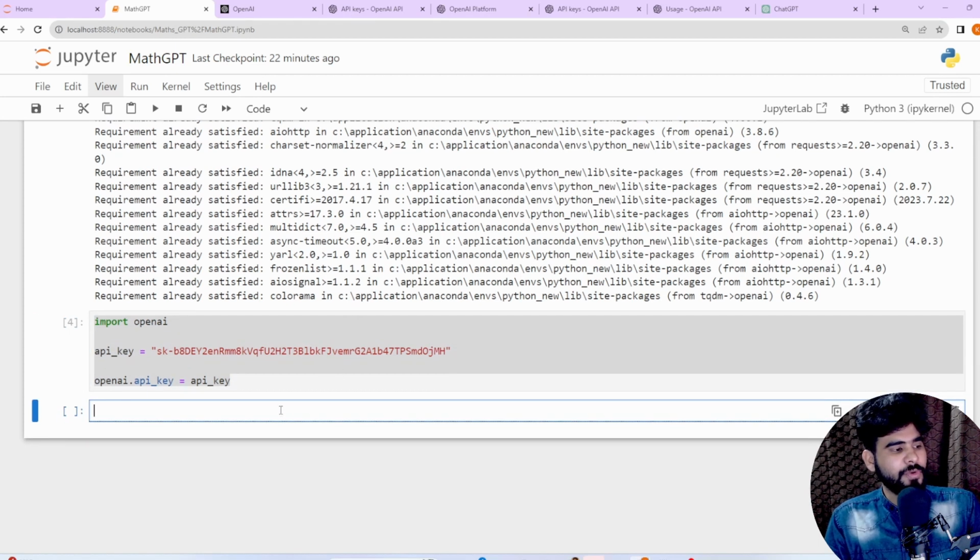Now we are going to create a function, and with the help of the function we can ask any types of questions to our Math GPT application.